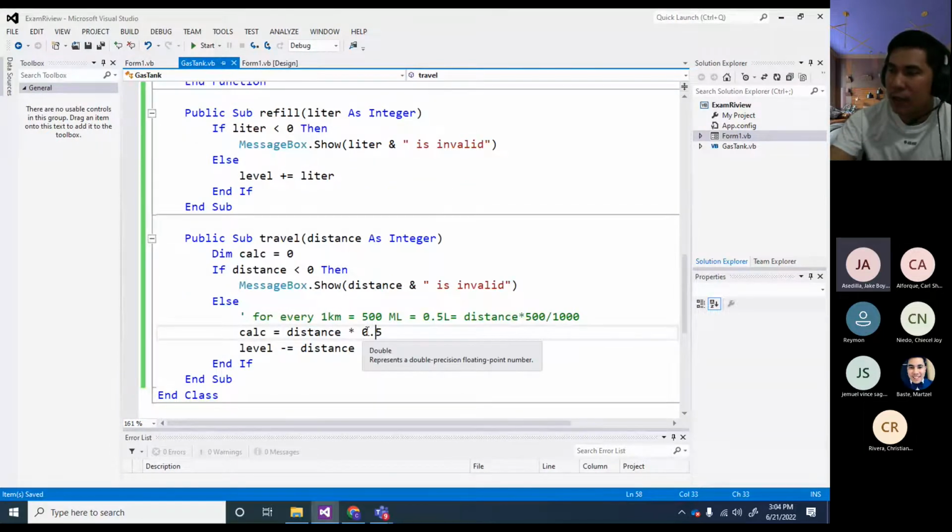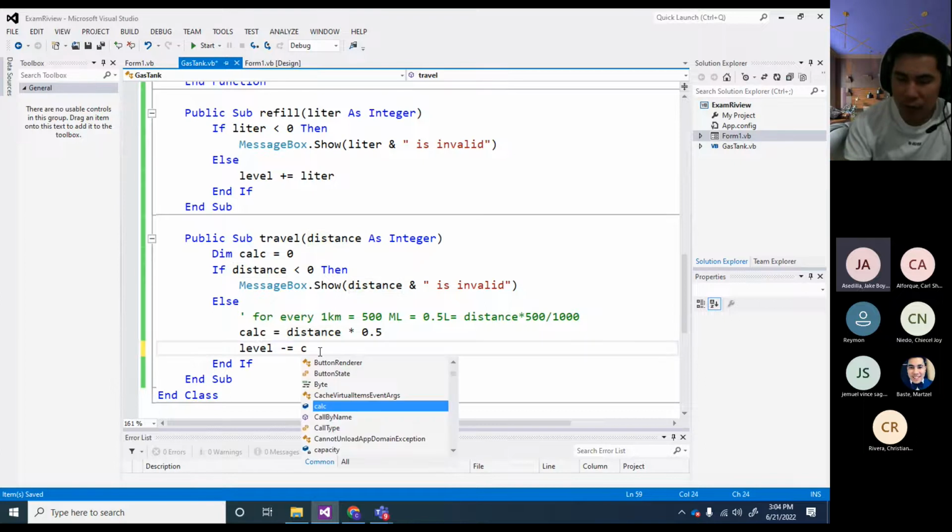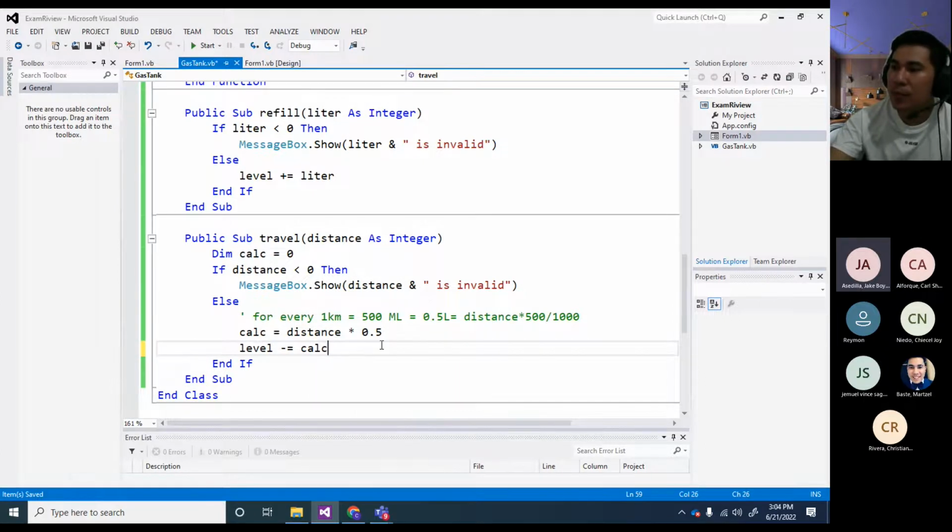Mathematically, that is the conversion. So now we will put the calc before subtracting it. I guess you got it already. For every 1 kilometer, 500 ml, which is equivalent to 0.5. And to get it, it's like this. But since we already got it, the conversion